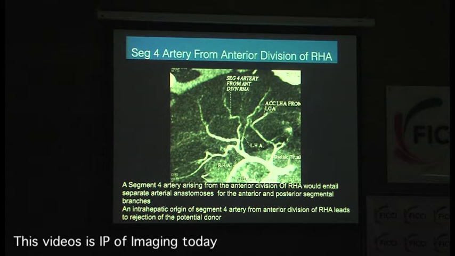Now what happens is, sometimes this artery goes inside and gives off the segment 4 artery, which is an intrahepatic segment 4 artery. So if you are ever doing a transplant evaluation and you ever see something like that, tell your surgeon not to take the donor, because when this artery is intrahepatic, they can't see where it is arising from, and therefore they cannot spare it, and therefore you have complications in the donor.